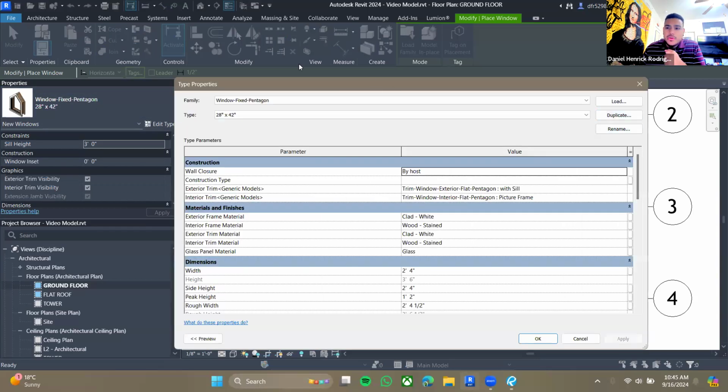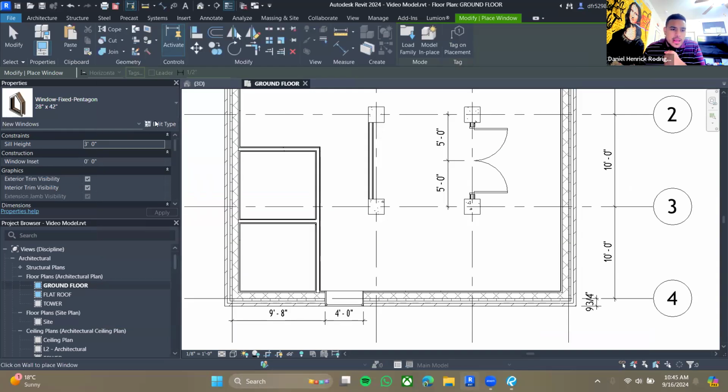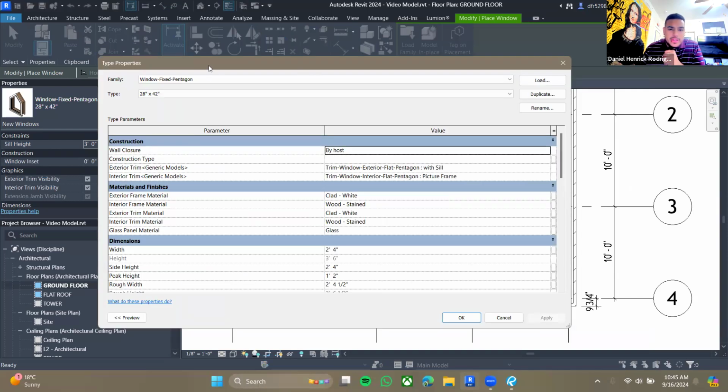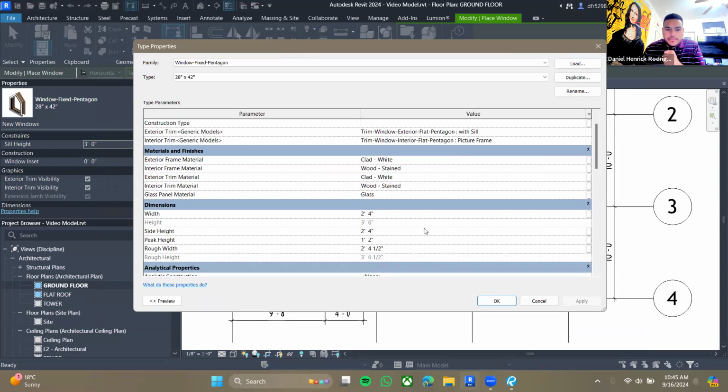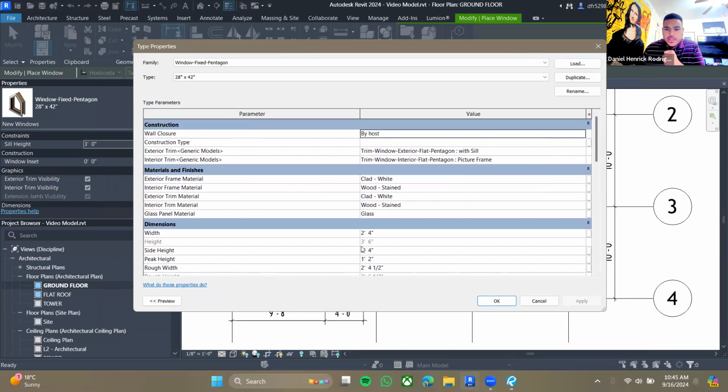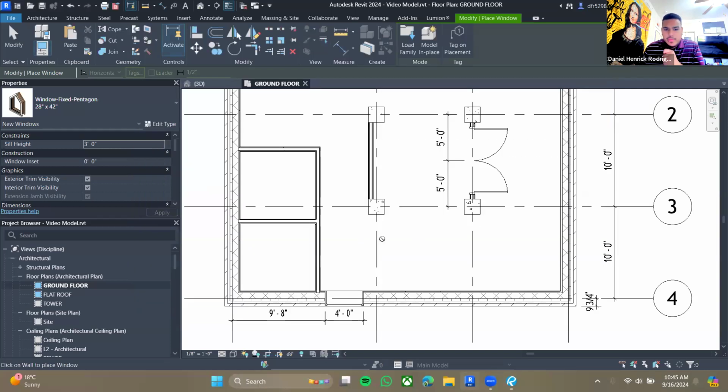But I just wanted to show you that this has the window inset and the sill height, which we actually use. But if you click on edit type, you see the width, the side height, the peak height, and then the width, which are the things that actually matter to you, okay? And you can change the materials if you really want. I believe